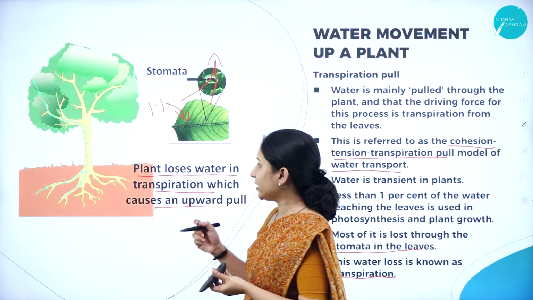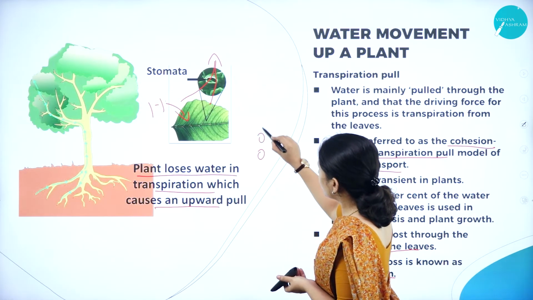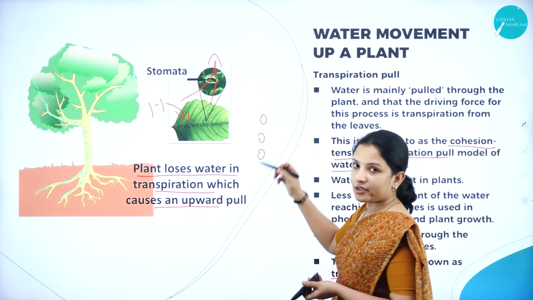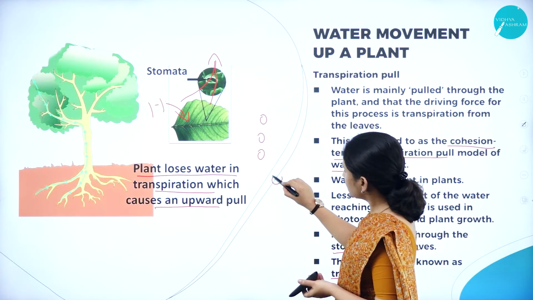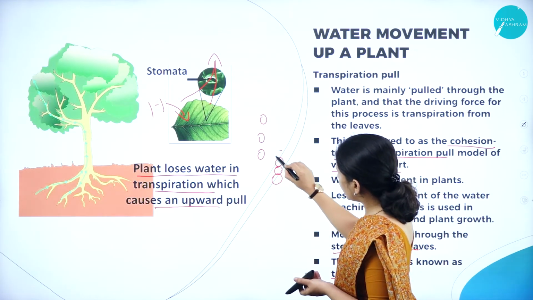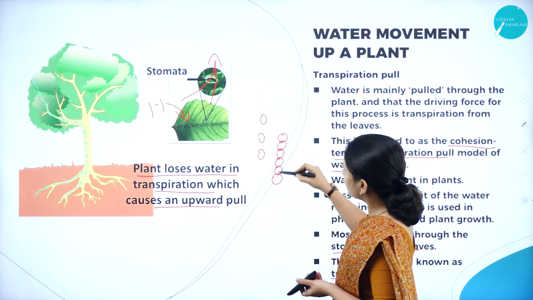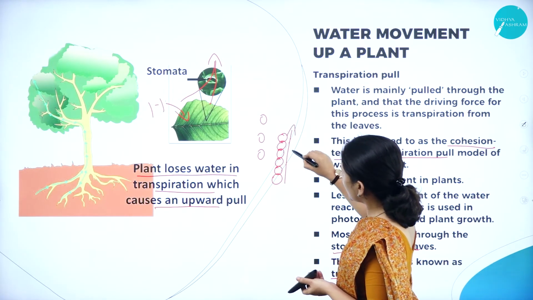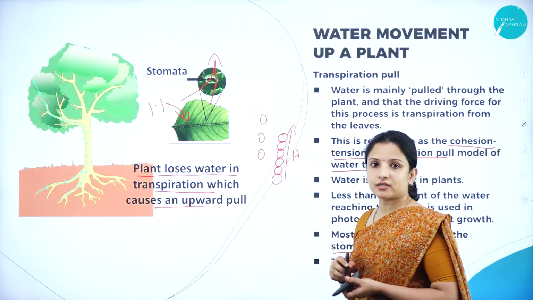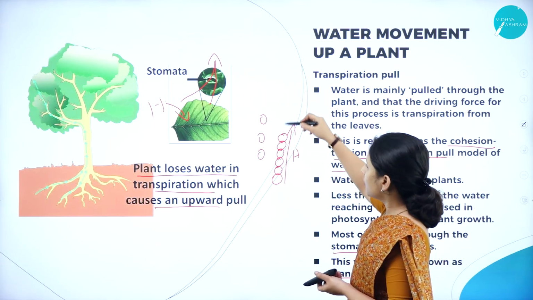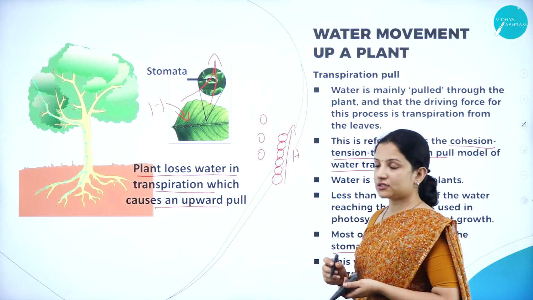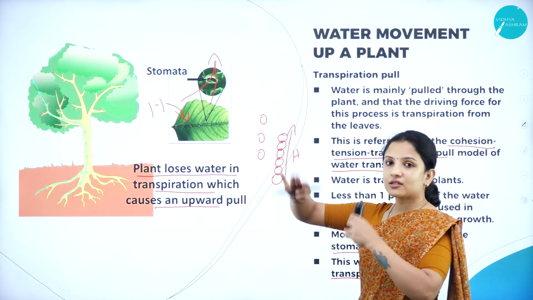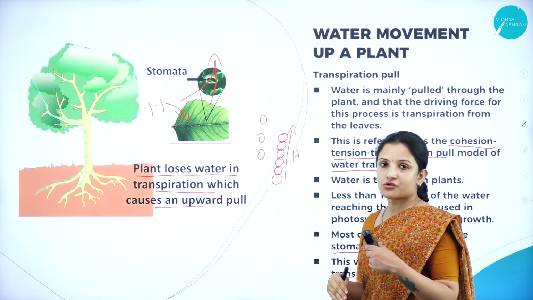If there is a gap, what happens here? It will take time. So it should see that there is no gap between the water molecules. The water molecules should form a long chain which are held together by hydrogen bonds. Therefore, a cohesion of water molecules is created. Therefore, a continuous supply of water should be there.